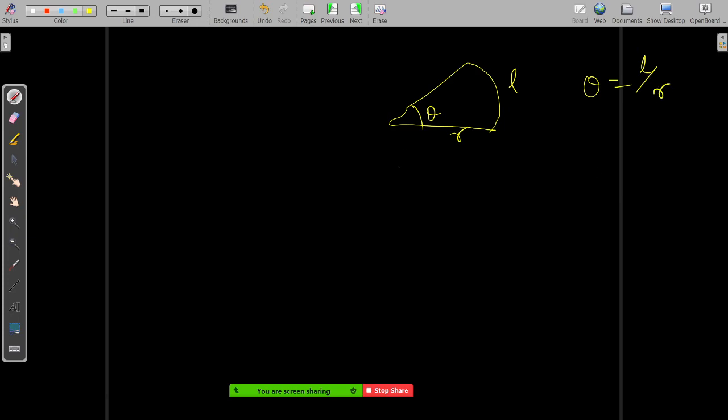Now what we want to do is the same thing. We just want to close this particular thing slowly, and we want to find what is the angle extended by this particular surface at an external point, not on the center. This was the center, right? The angle was made by theta equals L by R. Now what we want to find is, let's say there is an external point outside. What will be the angle subtended at this point when this particular thing is going to close slowly?